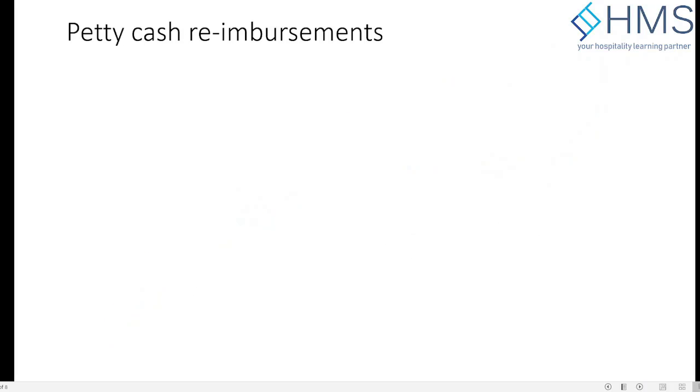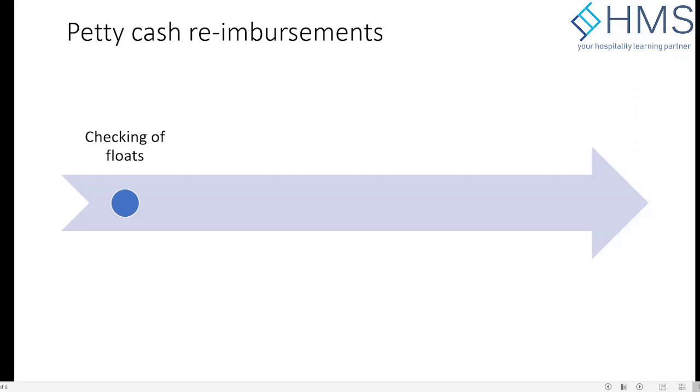The last thing that we have is the petty cash reimbursement. Some other departments like purchasing, marketing or other administration offices usually have petty cash, so that they don't have to go to the general cashier all the time for small payments. There are certain requirements like regular checking of floats, so that there is no expense which was done a month or 2 months ago and still has not been claimed